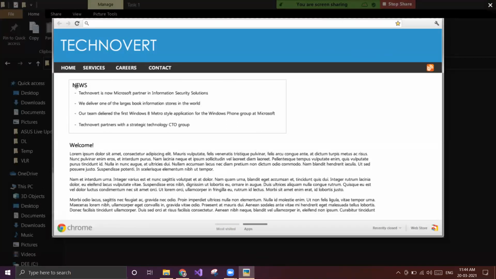Inside that box we have news written here, and then 4 lines, and then we'll have a paragraph. Here we have an icon. Instead of this icon you can write anything, since home, services, careers, contact is there. Since we don't have the image now, instead of contact you can write about or help. If you can do it as an image, that is well and good, but if you are unable, then just put some text, but it should be on the extreme right.